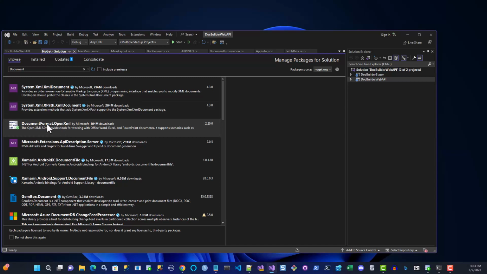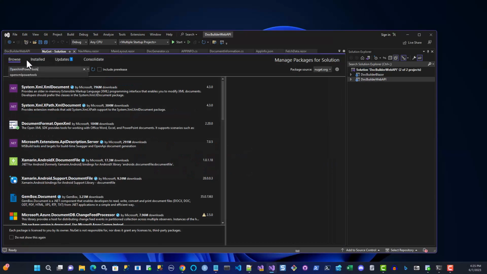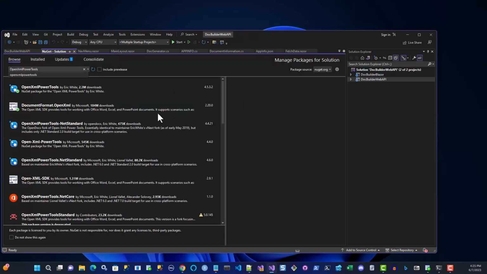So DocumentFormat.OpenXml 2.20.0, that's the one you want. But one thing you're going to need is the OpenXML Power Tools, and probably, if you're going to follow me, you're going to need Newtonsoft.Json. To get the Power Tools, you go into your NuGet and you paste it in, and it searches. And right here, by Eric White, as you can see, this is the one you want. It's version